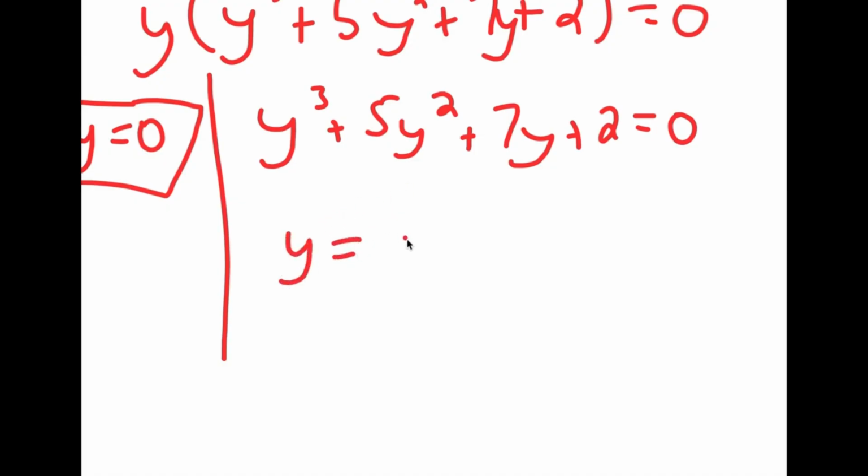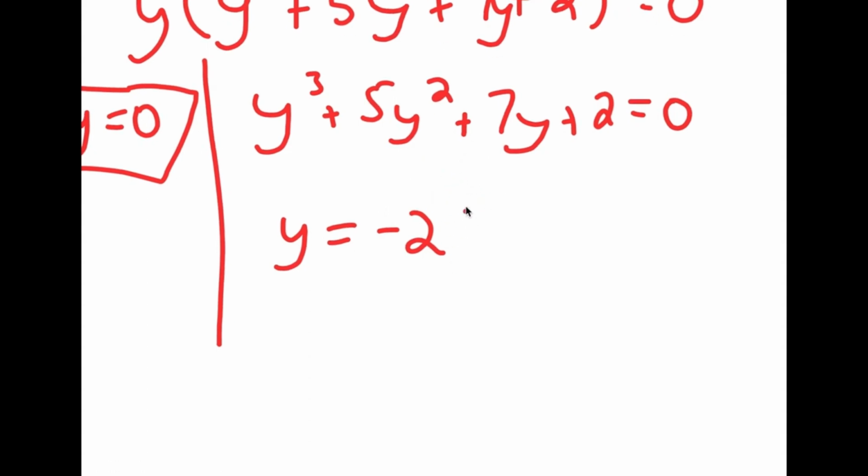And I'll just tell you guys that the right number that you should guess is -2, but when you're guessing to find a solution, you should always start with 1, and then if 1 doesn't work, go with -1, and then if -1 doesn't work, go with 2. If 2 doesn't work, go with -2, and so on and so forth. So let's pretend we did all of that and we got to -2. Because this works,